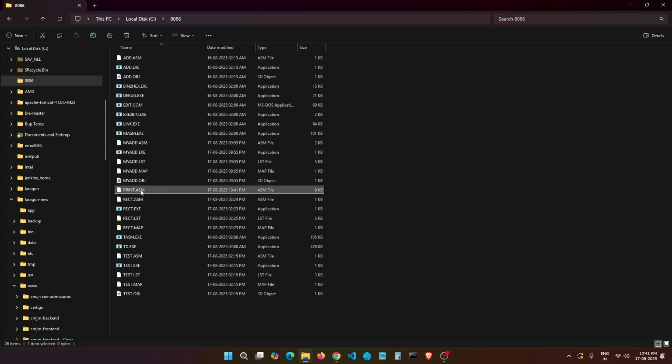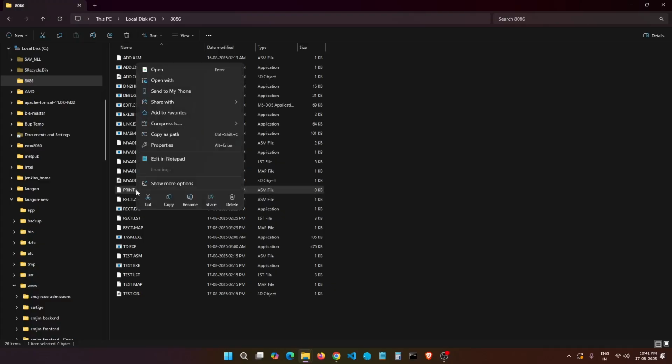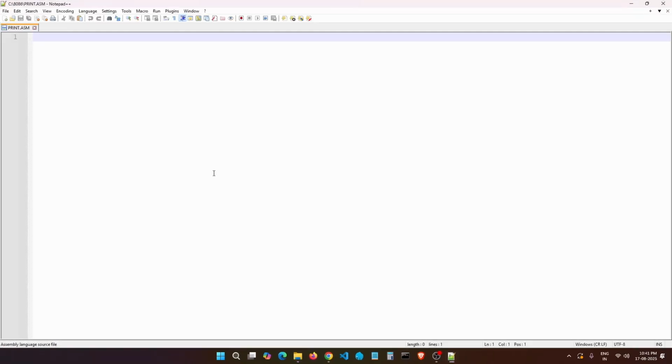So this is an empty file I have created. Now obviously you can right click and open it with Notepad if you want. Now I prefer using Notepad++ because it visually gives you a little bit of syntax highlighting and all those things. Otherwise Notepad is also fine. Okay, so let's take Notepad++